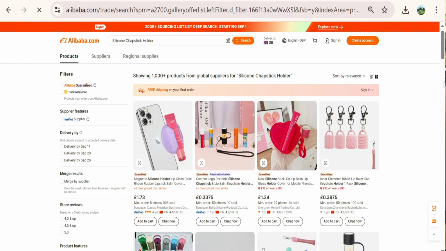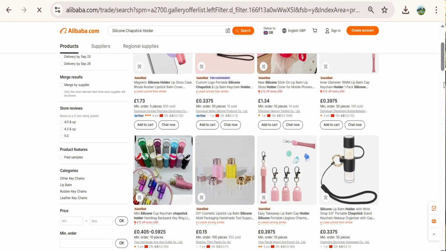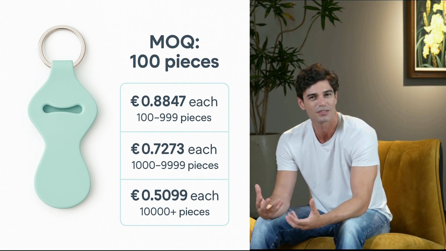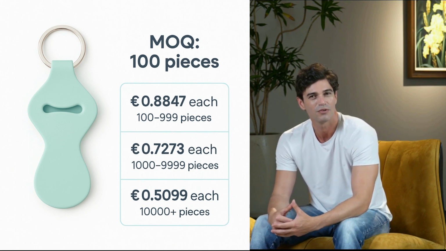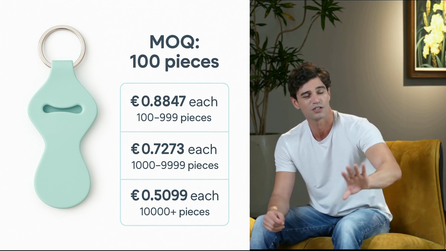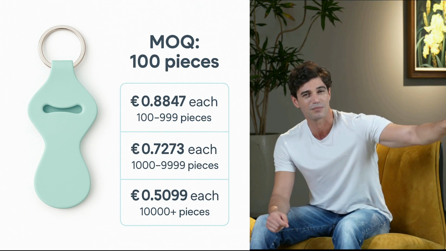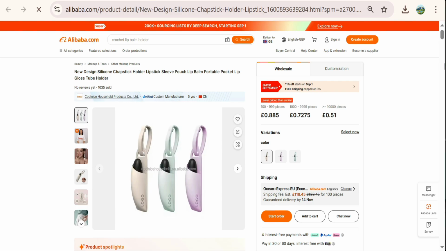On the search results page, 2 additional details to pay attention to are pricing and the minimum order quantity, also known as MOQ. Prices are typically displayed in a range, since the amount you pay per unit depends on your order size. Generally, larger orders lead to lower unit costs, and if you are good at negotiating, you can often achieve even better rates. For example, take a listing for a silicone chapstick holder with keychain that shows prices of